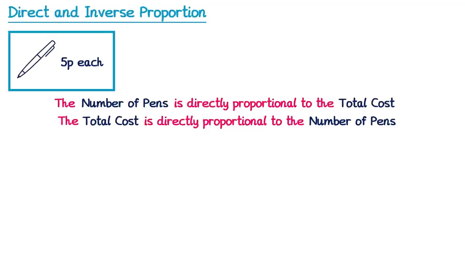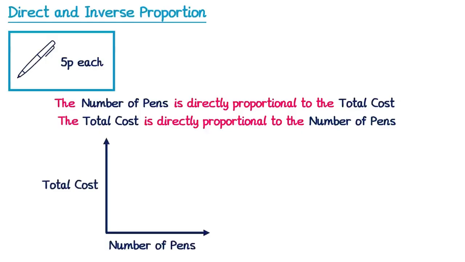If two things are directly proportional, then when you graph them, they always produce the same sort of shape. So if we take a graph of the number of pens against the total cost, well, if we bought 0 pens, that would have 0 cost, so there would be a point at 0, 0. Then for every extra pen, we would need to add 5 pence. So for 1 pen, that would be 5 pence, 2 pens, that would be 10 pence, 3 pens, 15 pence, and every time you would add 5 pence, and it would form a lovely straight line like this. So whenever two things are directly proportional, the graph of them will form a straight line that goes through 0,